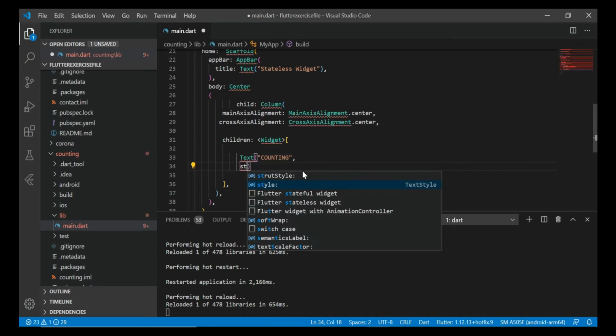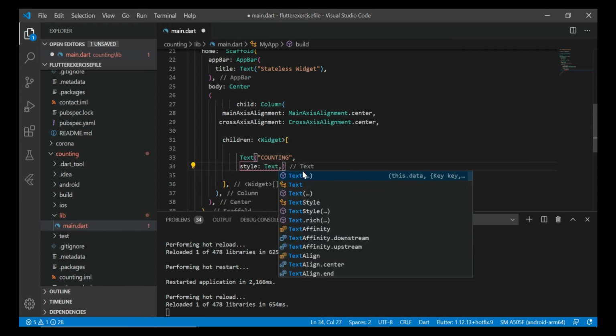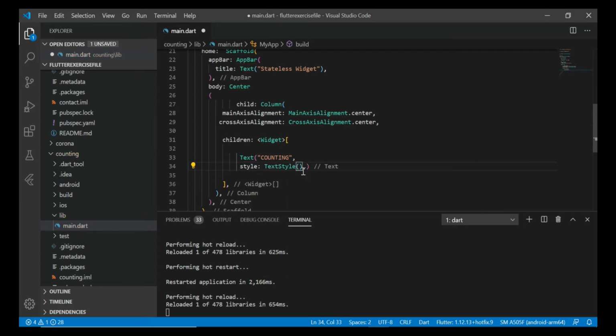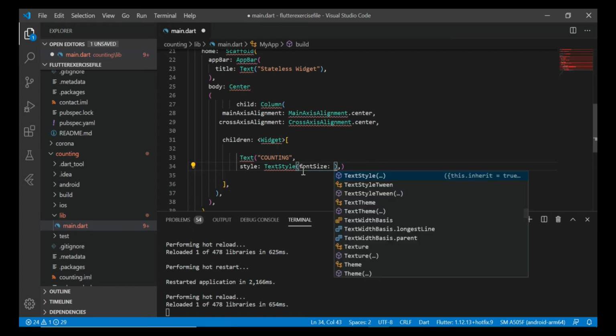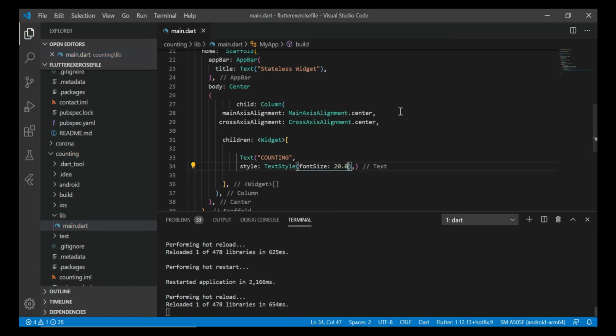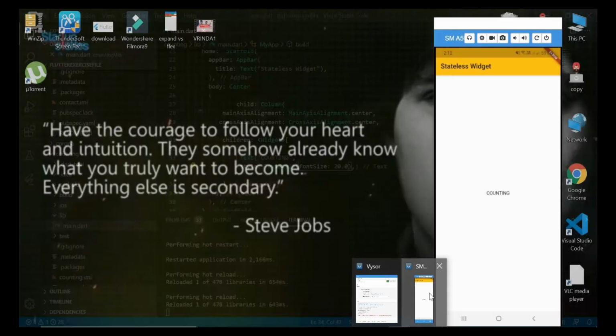Now I'm going to give a little bit of styling to our text. Styling means I want to give it a font size, and font size of 20 is sufficient.